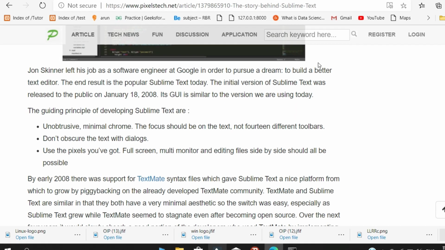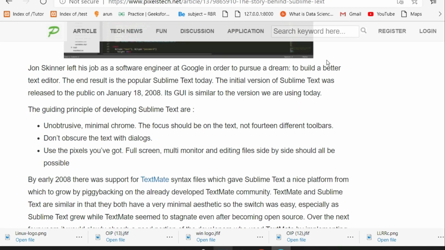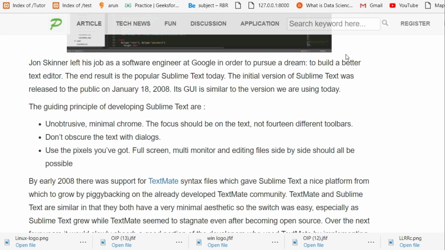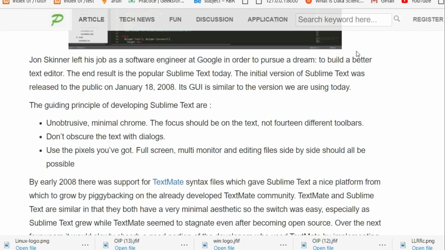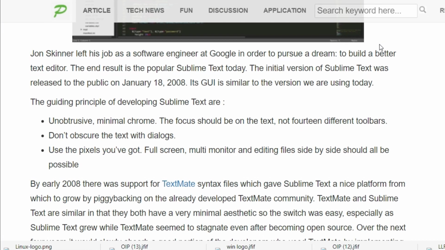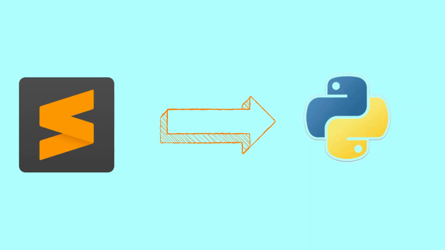His dream was to create a better text editor for programmers. Actually, he succeeded in his dream. This text editor is considered one of the best editors for Python. Sublime Text 3 is a code editor which supports many programming languages including Python. It has built-in support for Python. Sublime Text 3 can be customized to create a full-fledged Python programming environment.